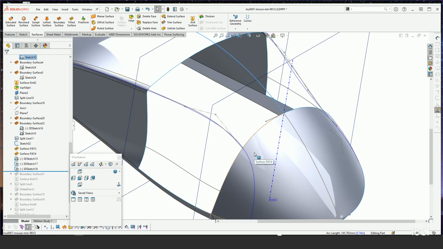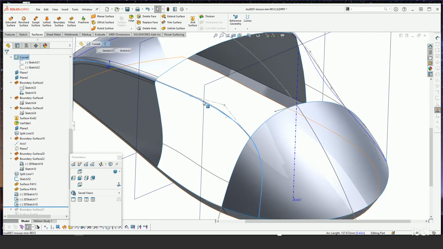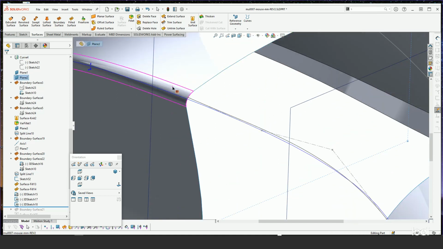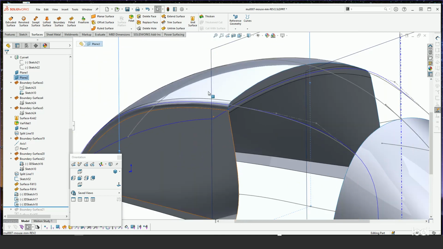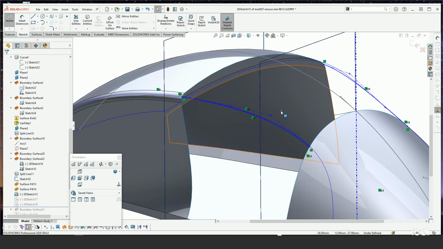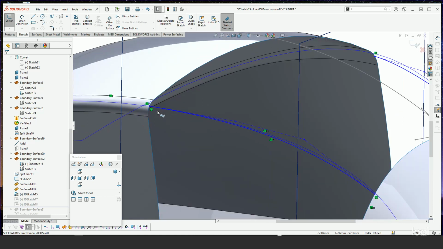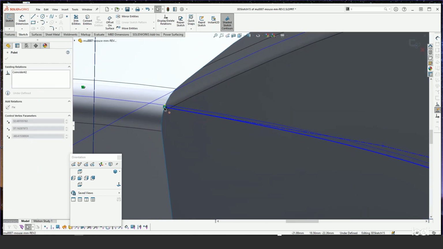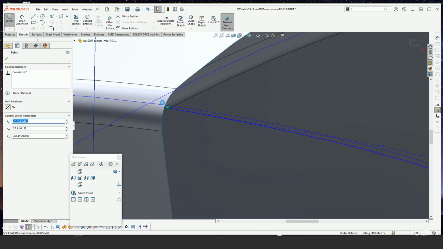Now we can't use this actual curve here, because after we've applied our fillet up here, it's not actually lying on the surface anymore. So we have to create an additional curve, which is a 3D sketch curve that pretty closely mimics the existing curve that is the design intent. We've established it being pretty much on center here, and I like to use a constraint that's a little more robust than most, and that is the face